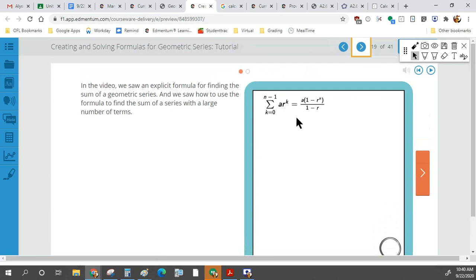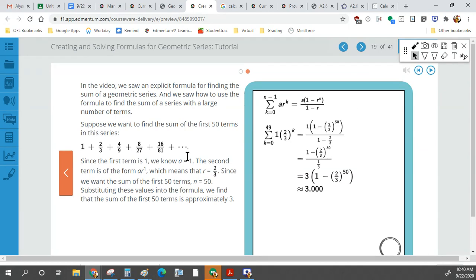All right, so let's get going. So here's our formula. You can watch the video on how they figured out how to get this formula. So let's say we're trying to figure this out. Well, in order to figure this out, we have to put our number of terms. Our number of terms is not